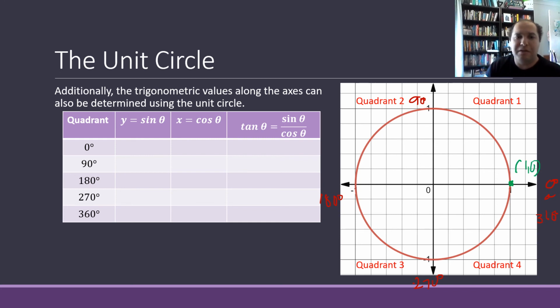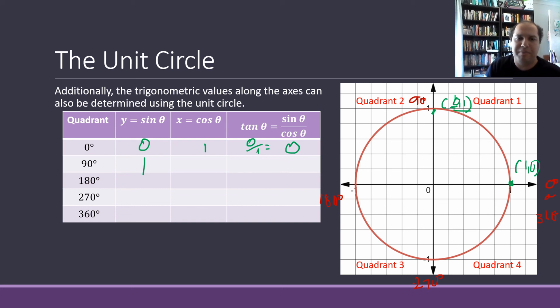So looking at our table, for 0, our sine value, our y coordinate, is 0, our x coordinate is 1. Then to find tan, tan will be our sine value 0 over 1, which will be 0. Working our way around, 90 degrees, that's 0, 1. So our y value, the sine of 90 degrees, is 1,